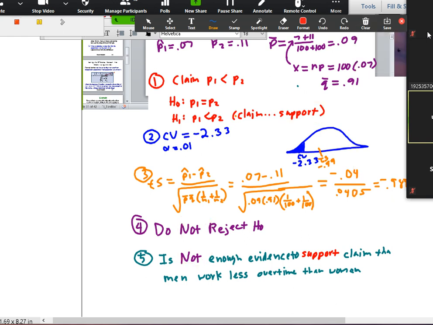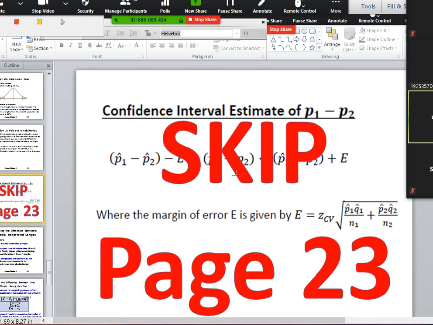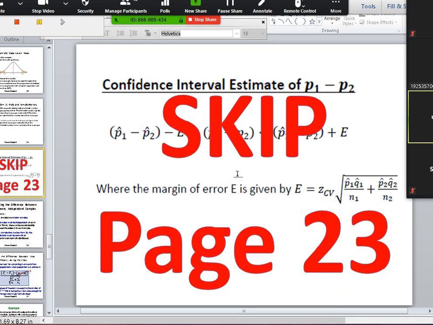Okay. So, good. Now the next page, page 23, we're going to skip that page. We do not have enough time. We've got too many other things going on this semester. So that I can skip. I did cover it in the sense that I told you what it is. Here's the confidence interval, there's the formula, there you go, we covered it, fine. We're skipping page 23. Let's draw a line through that, or an X through that, and we'll move on to